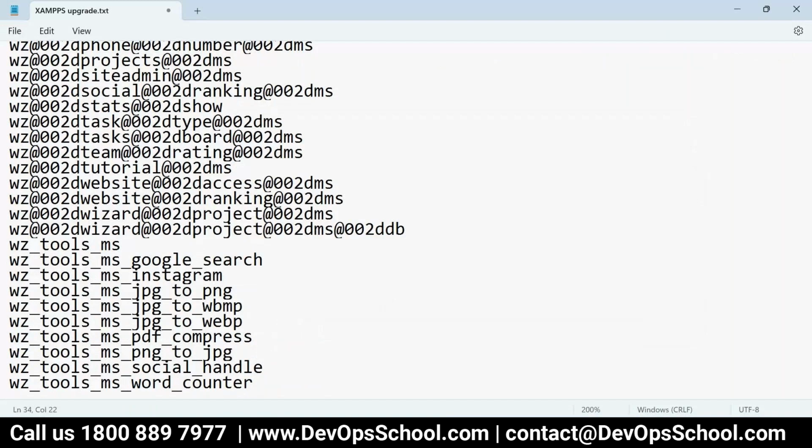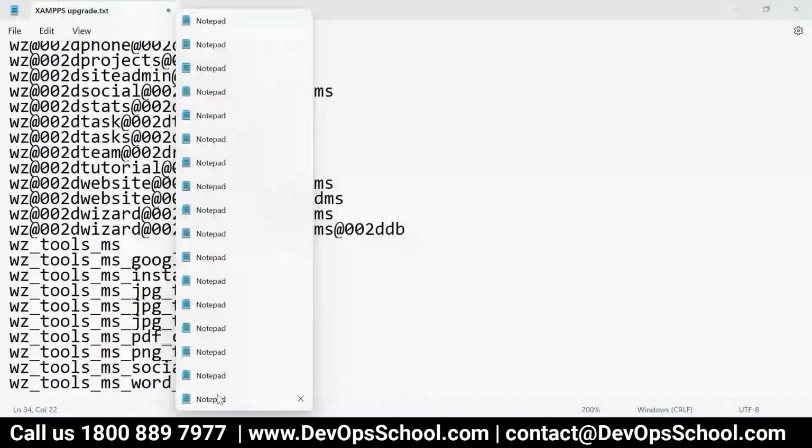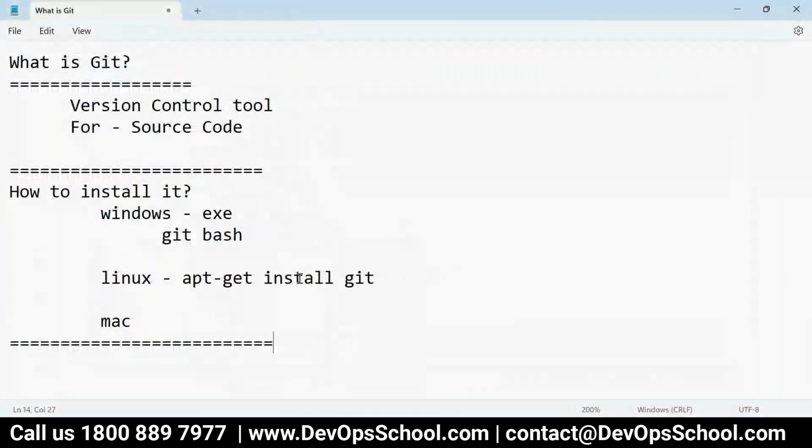Just give me 2 seconds. Let me close a few. So you do not get an exact UI for everything. Basic UI, this is what I was showing you, Gitk kind of thing.